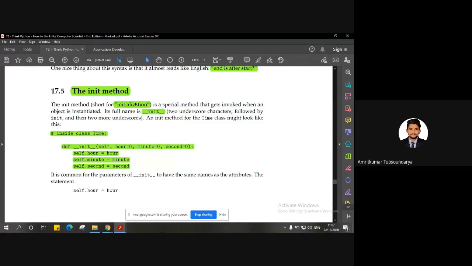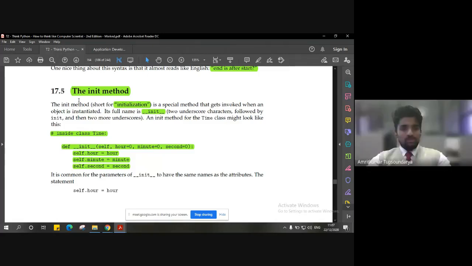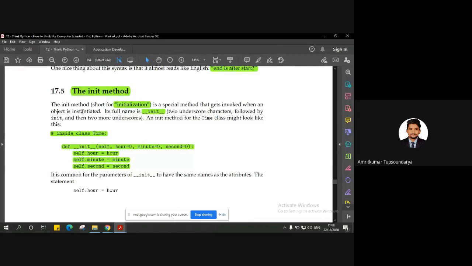For example, initialization. For that, we have a method called init, which stands for initialization. Like I mentioned, it is a special method which gets invoked when an object is instantiated. Instantiation is whenever we assign a particular value to a variable, or to be specific to an object.